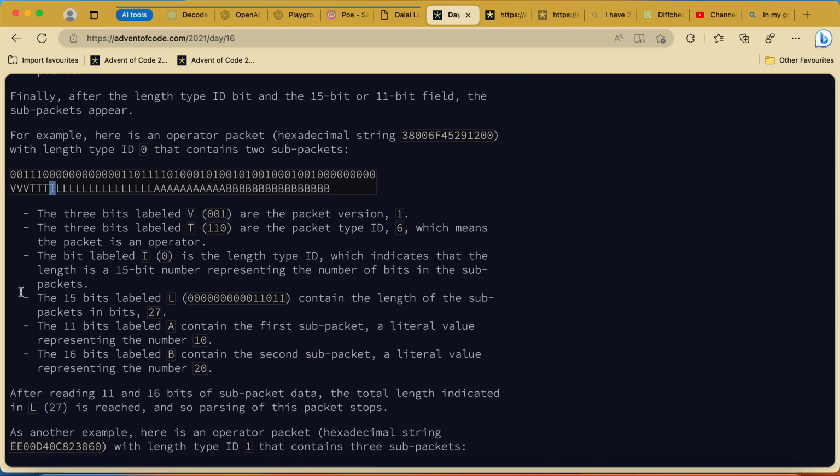We know that it indicates that the length is 15, representing the number of bits in the subpackets. The 15 bits labeled L contain the length of the subpackets in bits, 27.